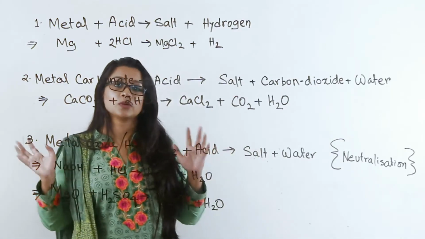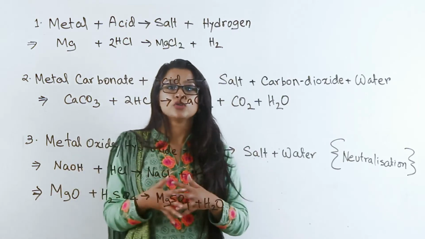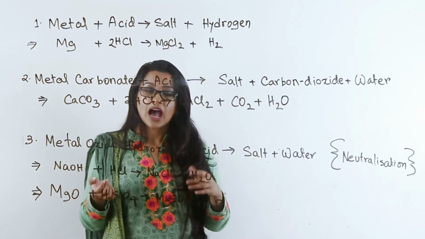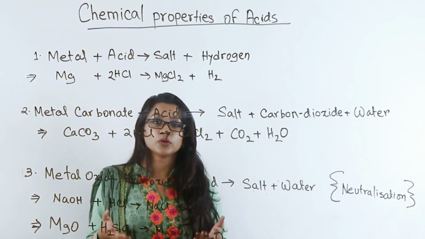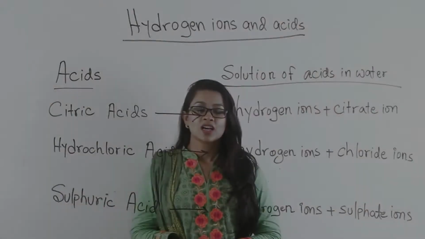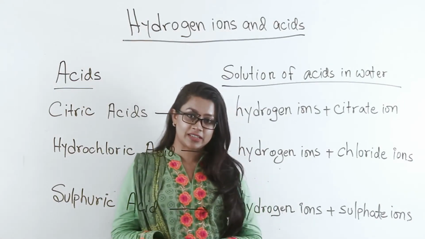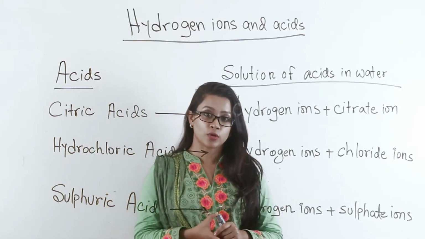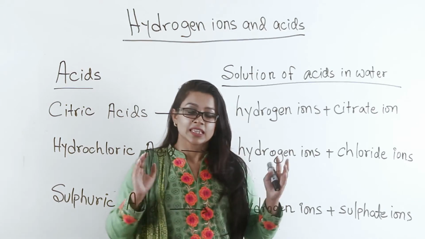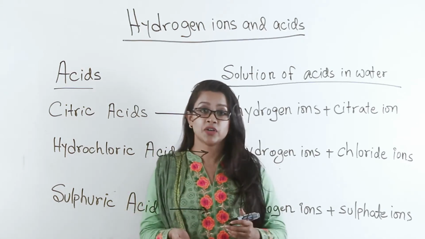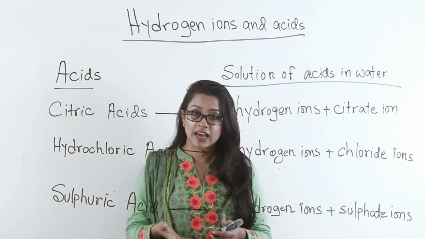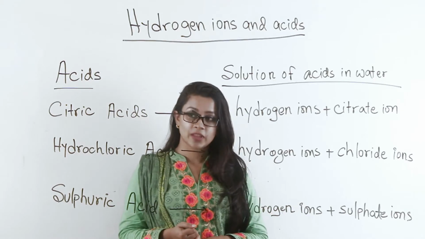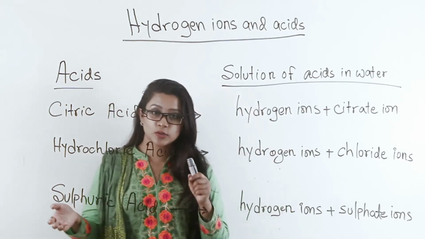These are a few chemical properties of acid given to you in the form of word equations and chemical equations. Up next, we will be discussing a few other properties of acid. So as you can see on your screen right now, there are a few word equations and a few products that are formed. Why are these here? These are here to show you the importance of hydrogen ions and that of acids. Hydrogen ions are produced when acids are dissolved in water. And through these reactions, you can see how.